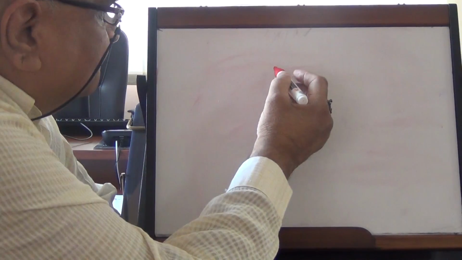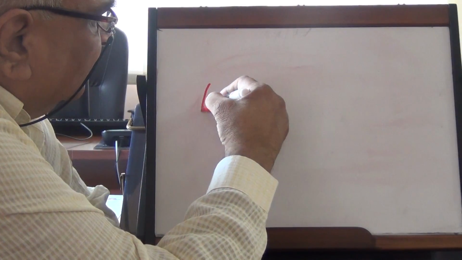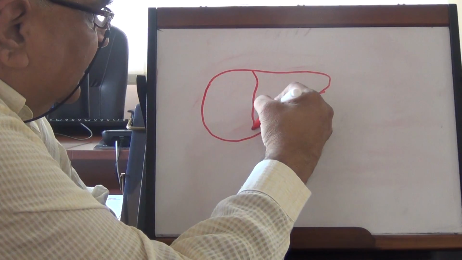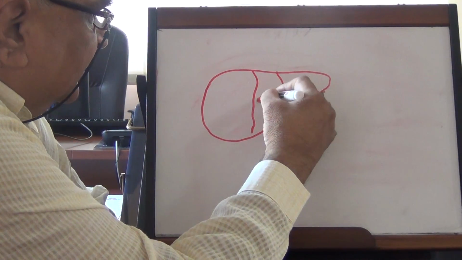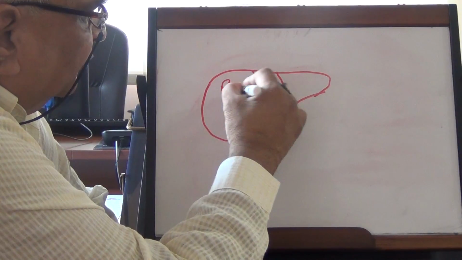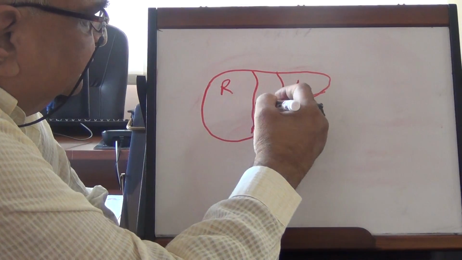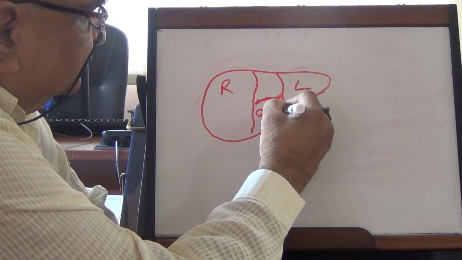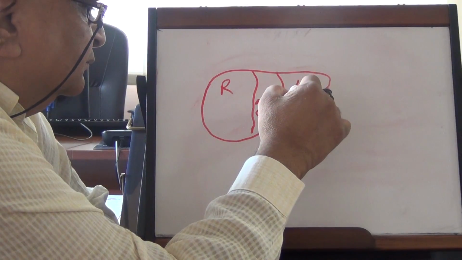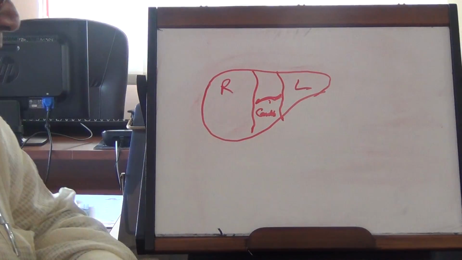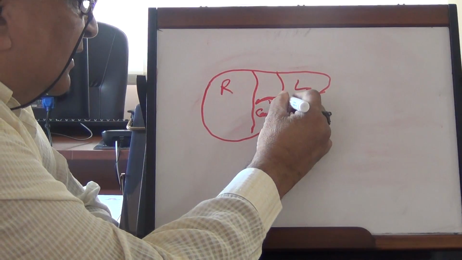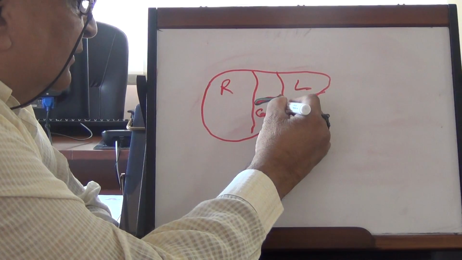If you look at the inferior surface, it is divided by an H-shaped fissure into a right lobe, a left lobe, and a caudate lobe. Into this lobe, attached like this, is the free edge of the lesser omentum,